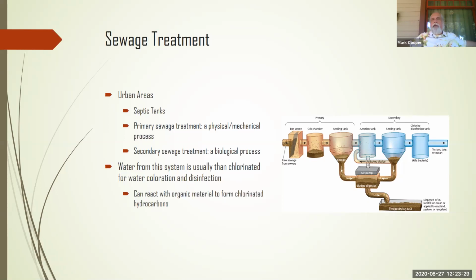Most of us are on a sewer system now, and there's primary treatment and secondary treatment, and the lab actually goes and looks at a water treatment plant. Primary sewage treatment would be physical. You're using some kind of screening to catch the big parts. The secondary sewage is biological. That is when they're dropping bacteria and using some kind of purifying system.